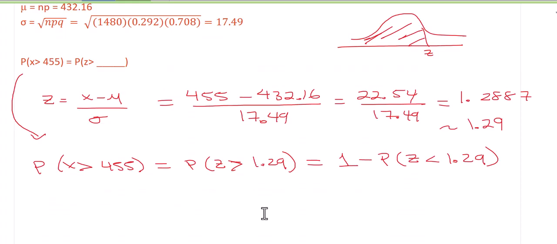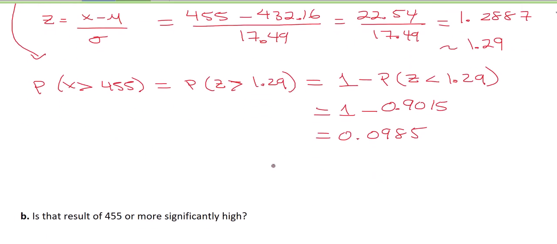So going back to our notes, that means this is going to be equal to 1 minus, what did we say, 0.9015 from the z-table, which when you do that in your calculator, we're going to get 0.0985. So that is the probability that we get 455 people or more that sleepwalk out of the 1,480 in our sample. So converting that to a percent, that gives us, what is that? Move the decimal place over 2, so about